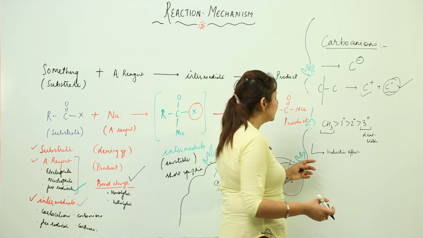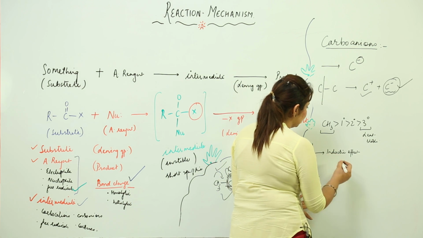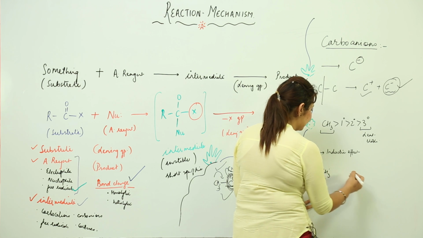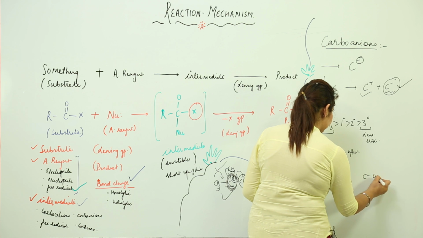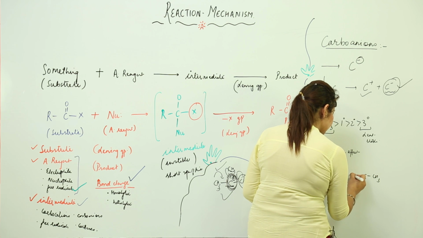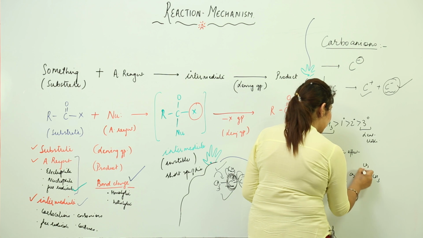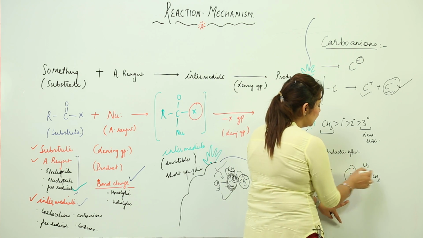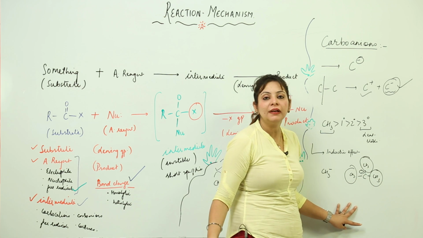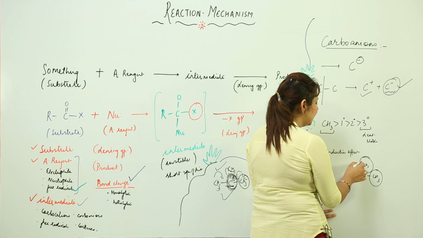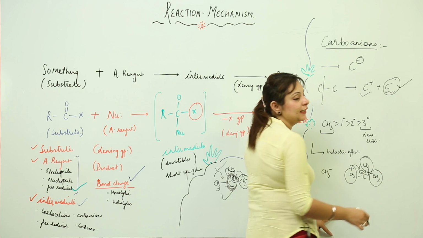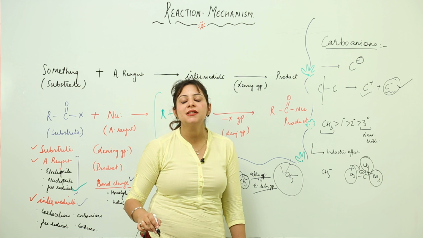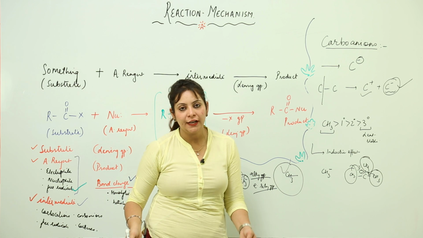So whenever they are attached to this, I will take an example first. Suppose I have this kind of thing and here I have this, my carbanion. Now in this case there are 3 methyl groups, and we know that they have electron releasing tendency. It can release an electron, it can release an electron, it can release an electron. So this will not help in the dispersal of charge, or otherwise you can say it will increase the magnitude of the negative charge.